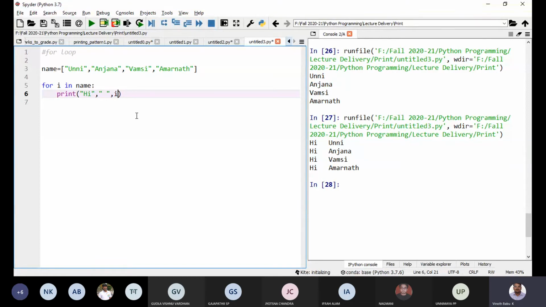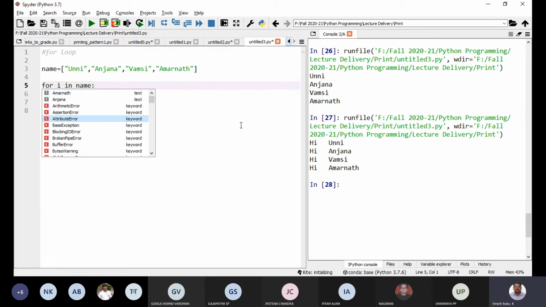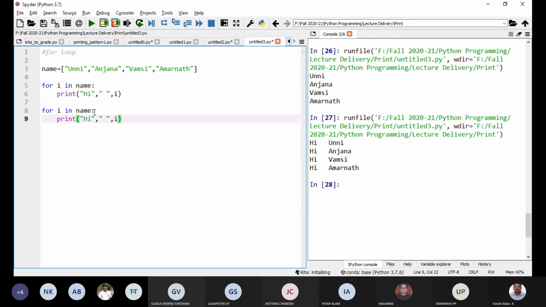Loop. Alternatively, instead of defining the list separately here, what you can do, I can define the list here itself.